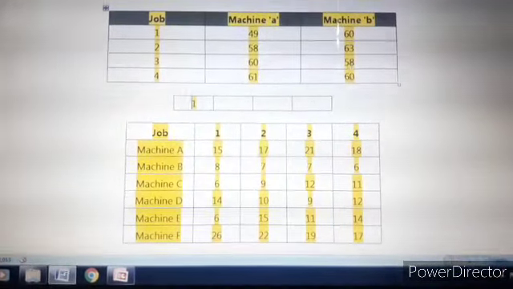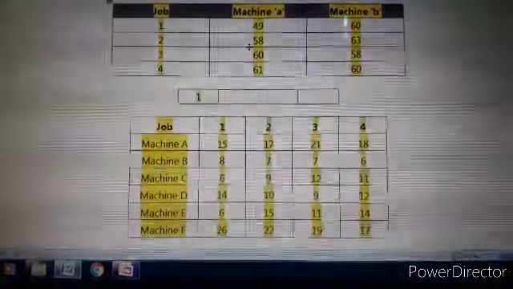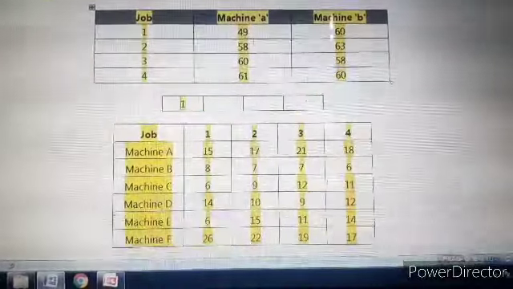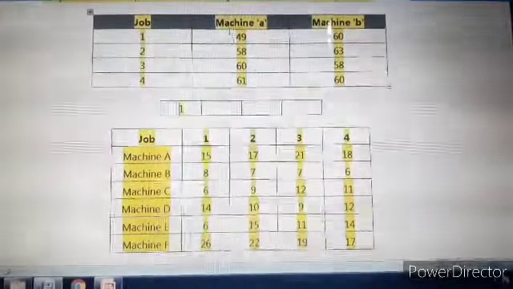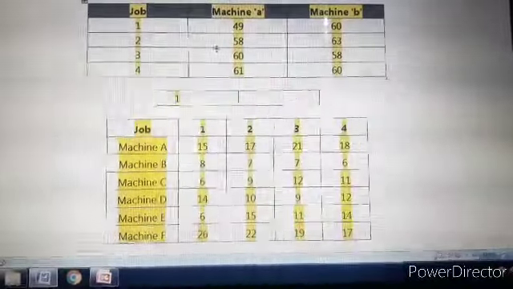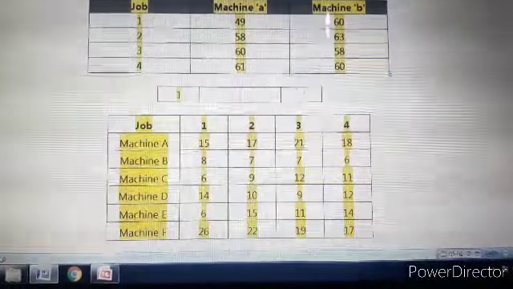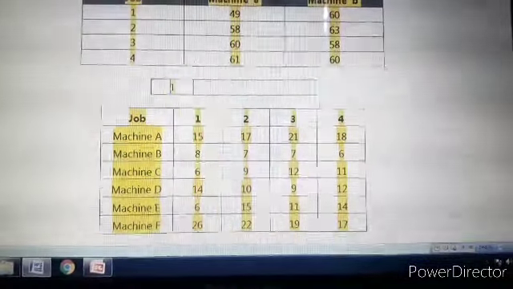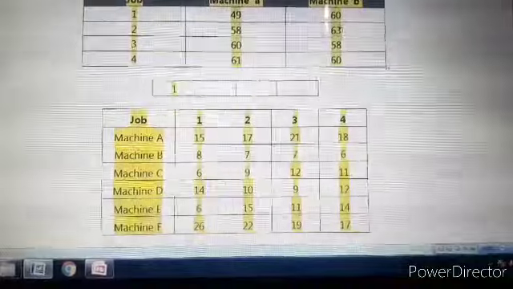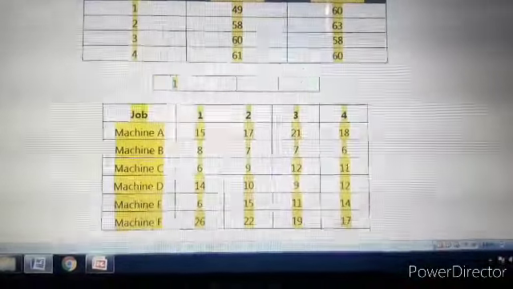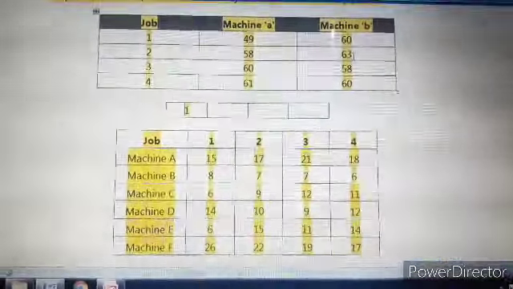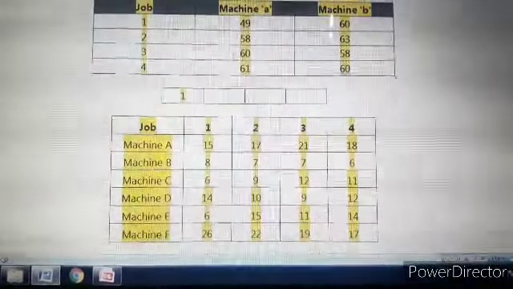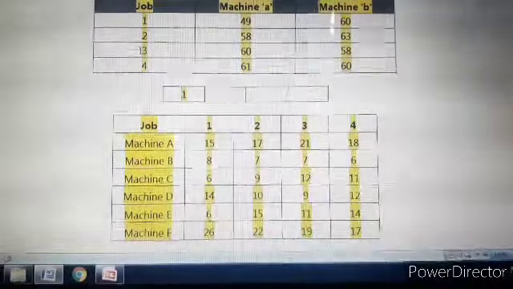Again there is a tie in the values because here we have 58 in column 1 as well as we have 58 in column 2. So which value should we select when there is a tie? In that case we have to observe the other values parallelly. So for example, with respect to this 58, here processing time is 63 and with respect to this 58, here processing time is 60. So out of 60 and 63, 60 is the minimum. That's why we have to select job 3.